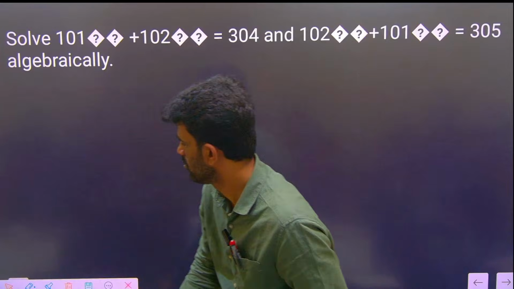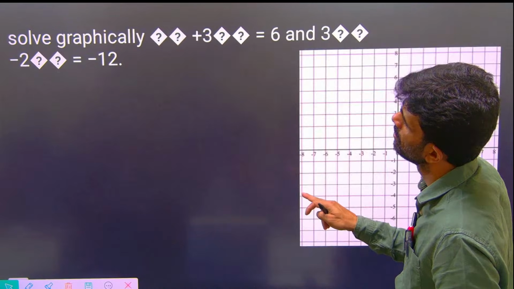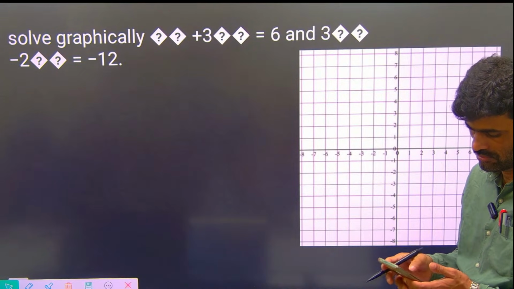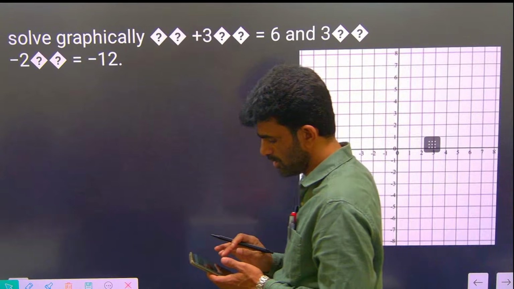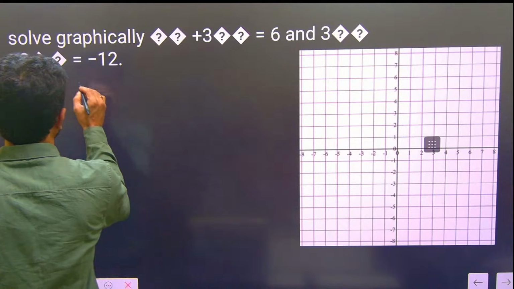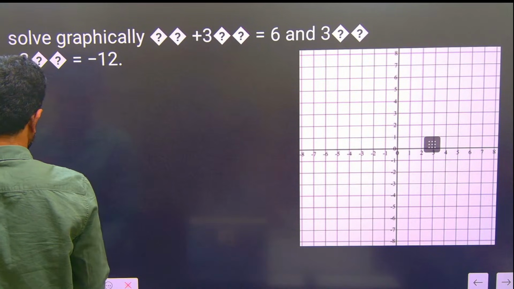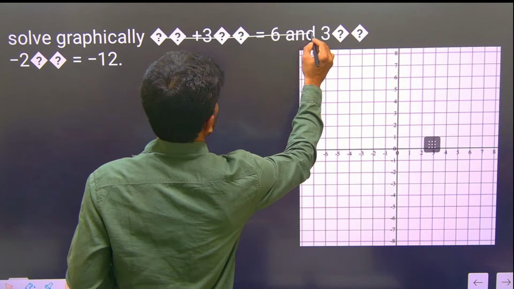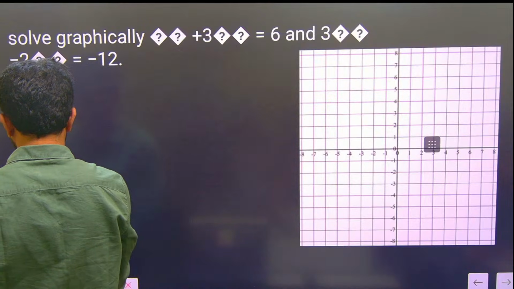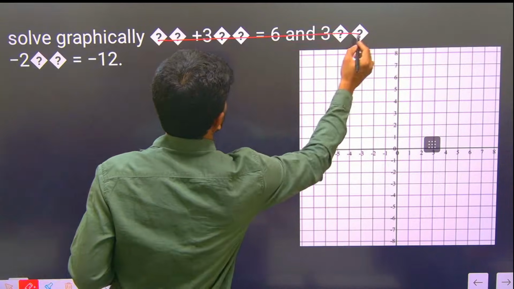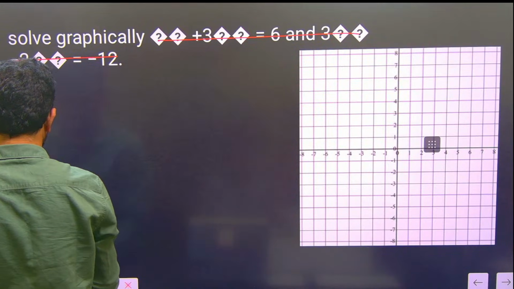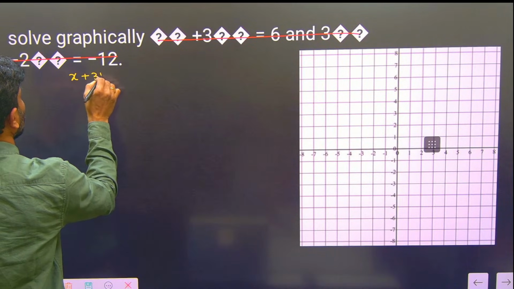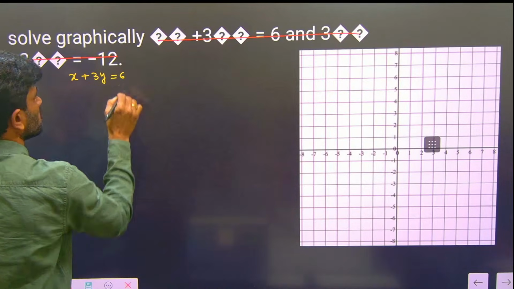Let us do graph equations. I will tell you, the equations are not printed properly. x plus 3y is equal to 6, the first equation. This is not coming, not printed properly, so we don't copy this. I am writing down the equations, copy those equations. One is x plus 3y is equal to 6,